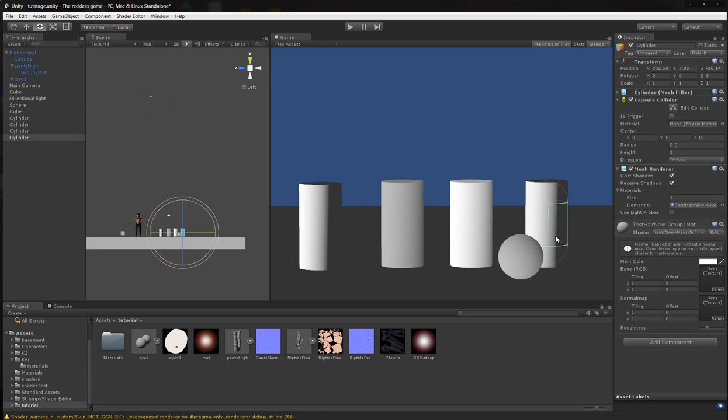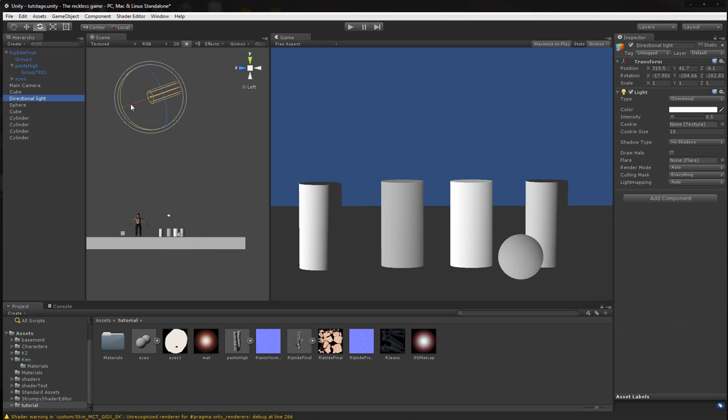And then the last cylinder is the Oren-Nayar model. And so the Oren-Nayar model, instead of having a wrapped component, has a roughness component. So I can decrease and increase the roughness. If I decrease the roughness, it basically looks like the Lambertian lighting model. If I increase the roughness, we're getting something that looks a little bit like half Lambert, but it still has a much brighter lit side,